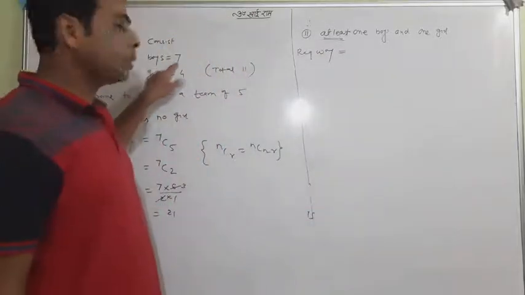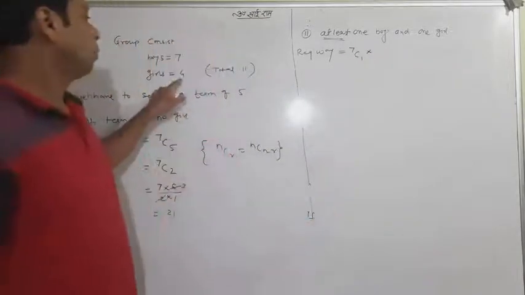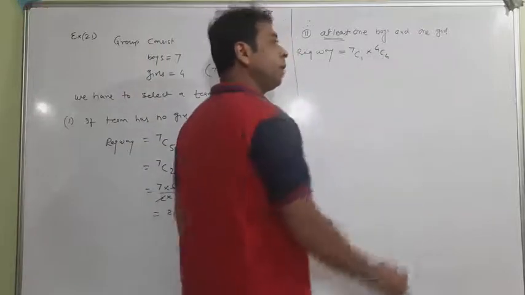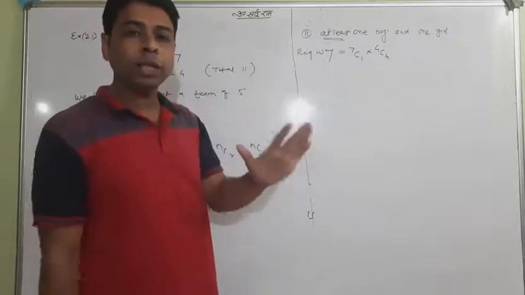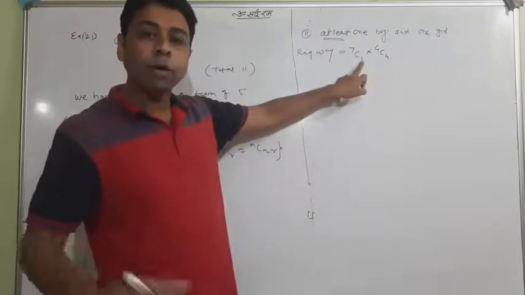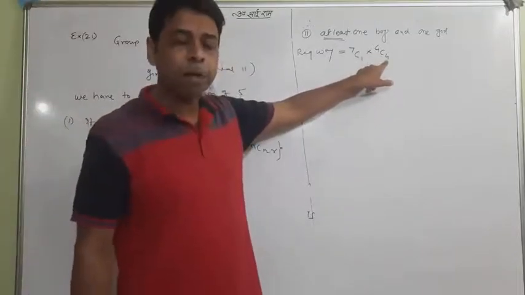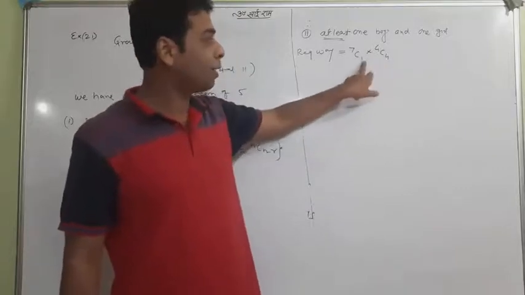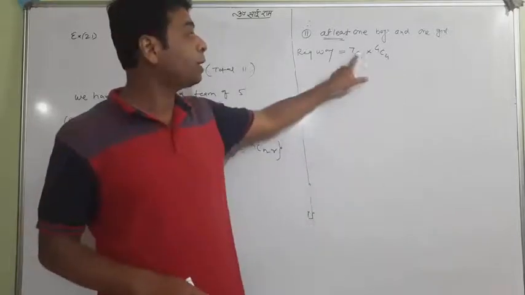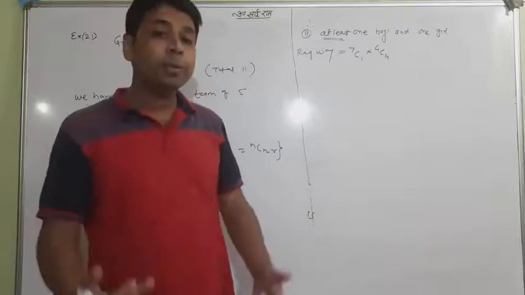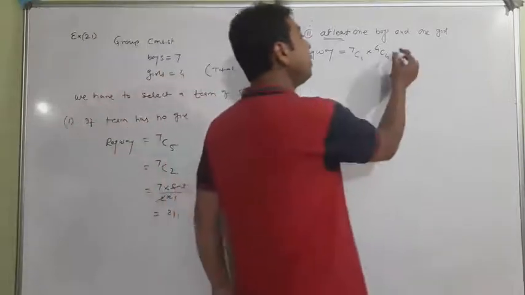first of all I will go with the boys. I'll go with boys. 7C1 into 4C4. What is its meaning? Very good thing. That you have chosen one boy. So definitely you want to make the team of 5. So if one boy, girls will be 4. So 4 girls will be selected from all 4 girls. The 4C4 is valid. So if you want to see the team now, 4 and 1, 5, this is one kind of combination of the 5 members you have formed, in which boys are 1 and girls are 4. And more are possible. So if you choose 2 boys, girls will be 3. So this will be the condition of OR.